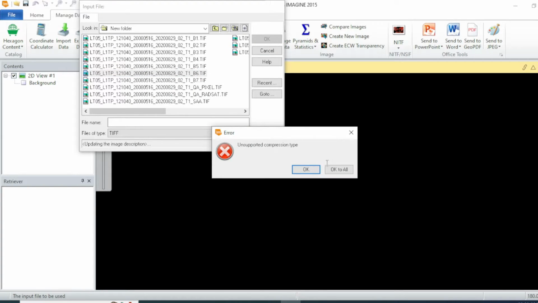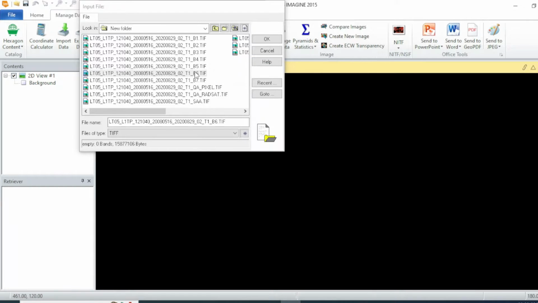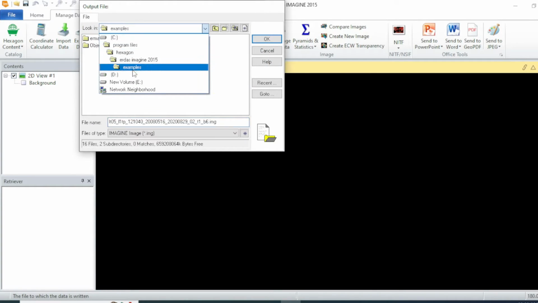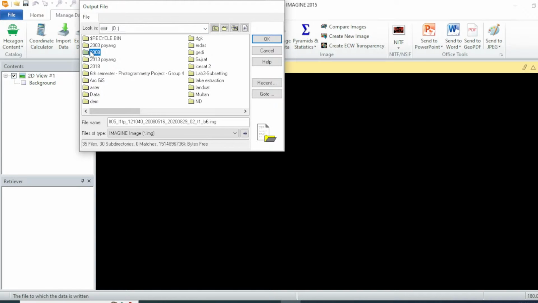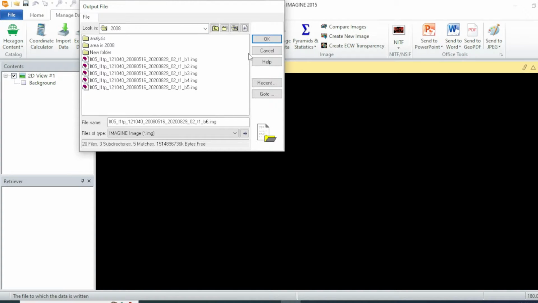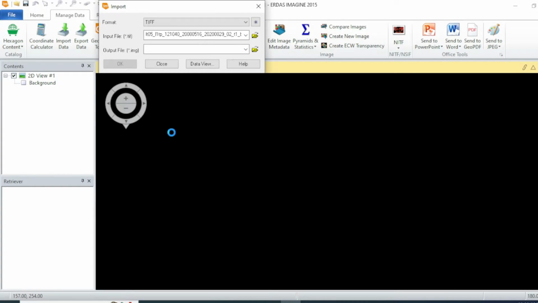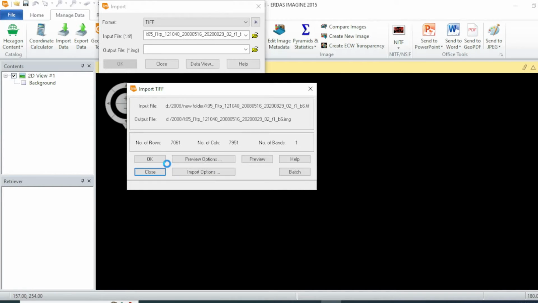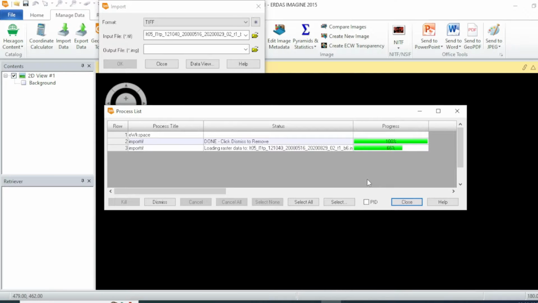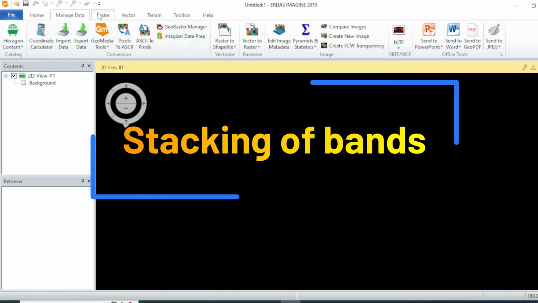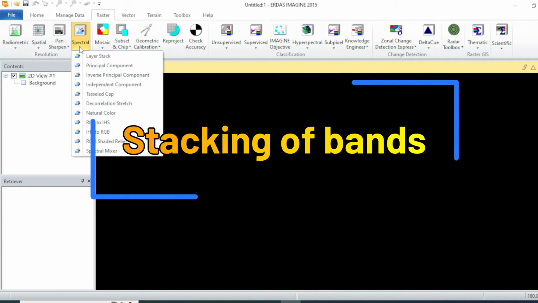and 6 band. Hit OK. Give a destination to your Imagine output. Hit OK. And again hit OK. Okay, once it's done, close all these tabs and go to Raster tab, and from Spectral